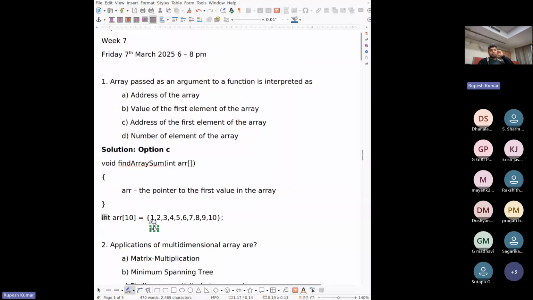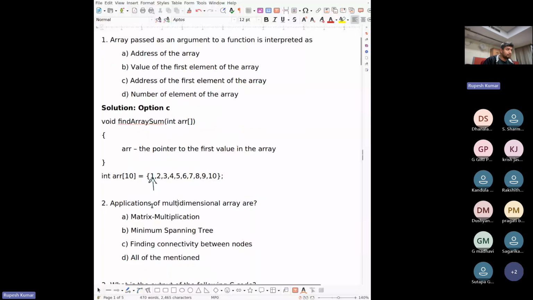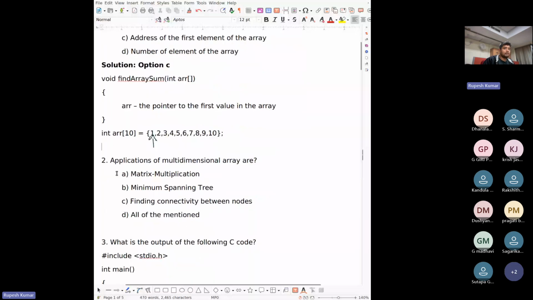So it contains the address of the first value in the array. I guess no one has any doubts.